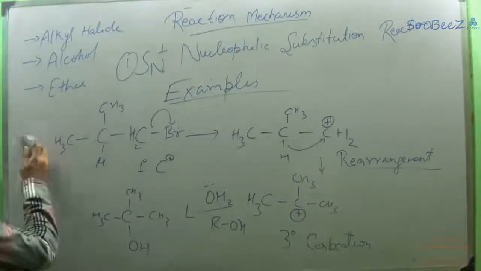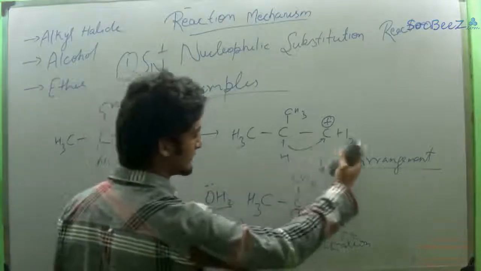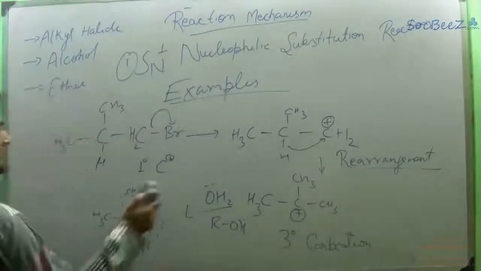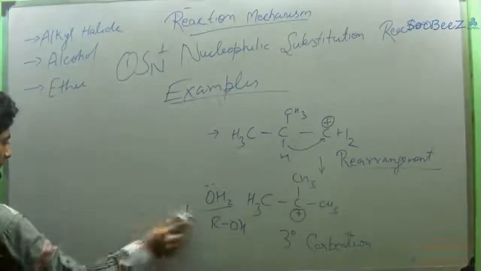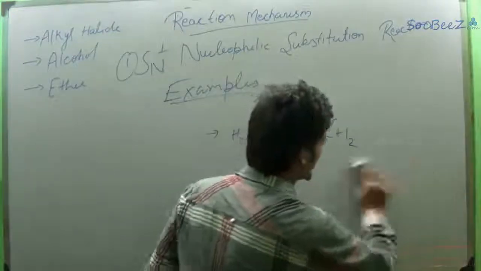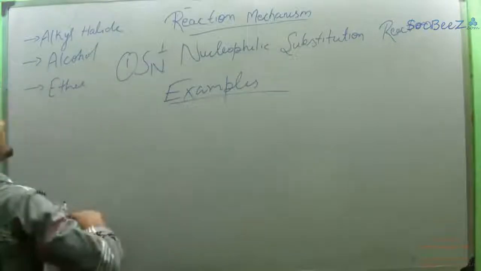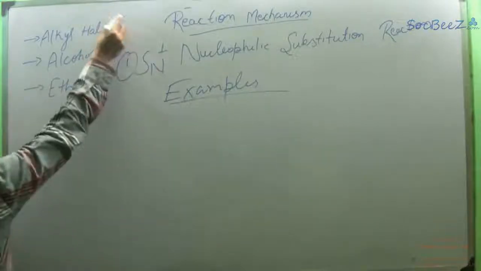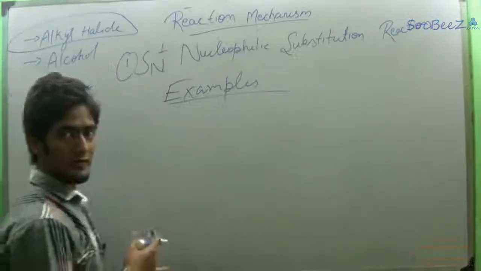So this was the specific example that will give us an idea how the rearrangement is done in SN1 reaction. So we have come to the end of our alkyl halide molecule. We have discussed most of the aspects, the factors affecting the reaction,